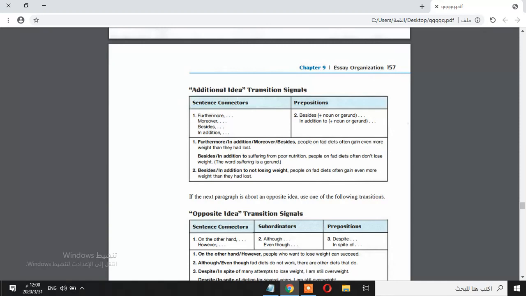Examples: besides working hard, comma, he needs to concentrate. Besides working hard. This is an example showing how besides is used. Besides working hard, this is a gerund. أو بخلينا besides hard work, comma, they need